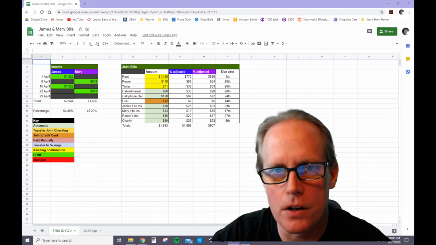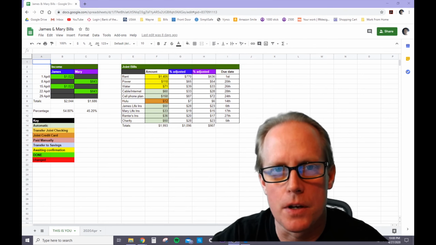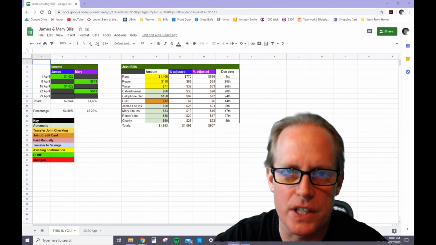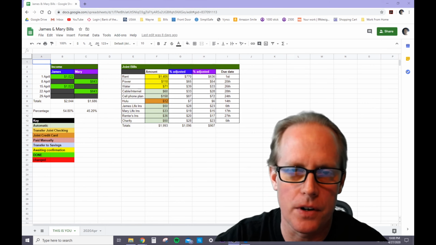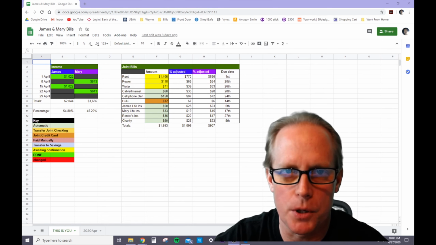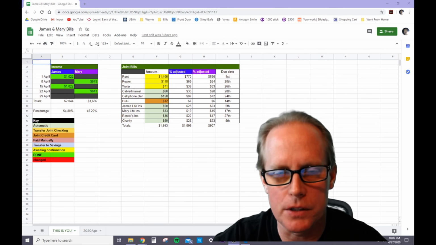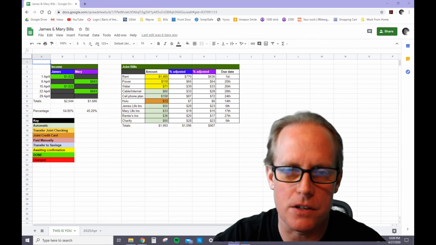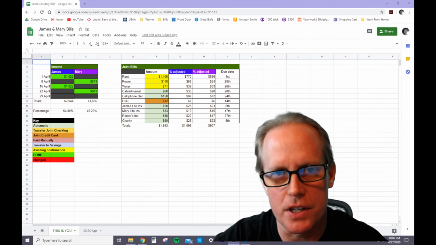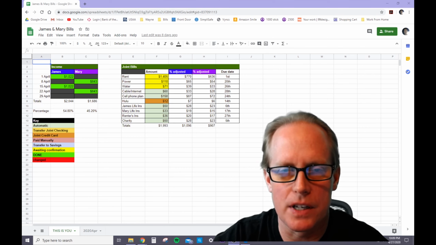So to recap what we've gone over so far, we've gone over James and Mary's income. We've calculated the percentage they had so they can be a helpmate to each other and have an equitable relationship with their money. This will help them get along better. And then we went over their bills that they have together, and we have those split out in an equitable manner that calculates based off their income. So there's a fair percentage for each. And now we're going to go into the next part of it.